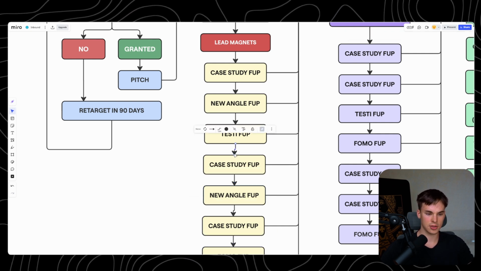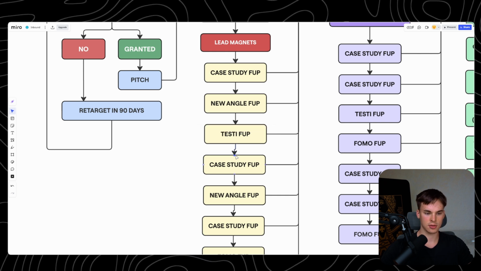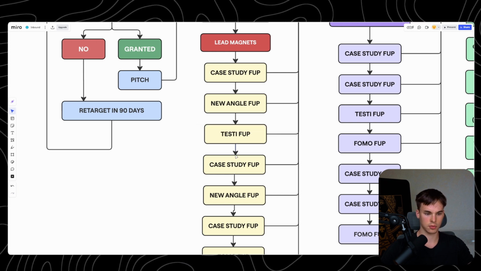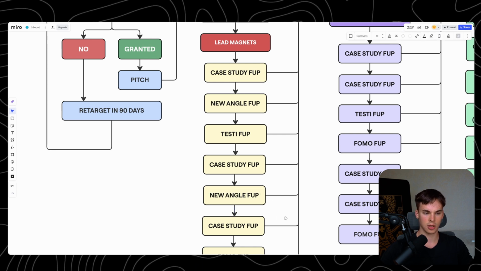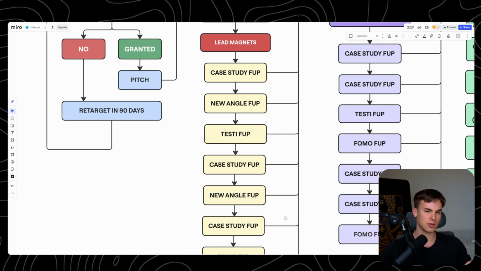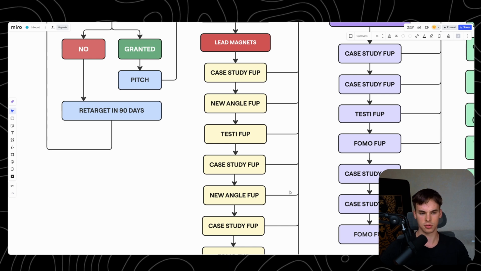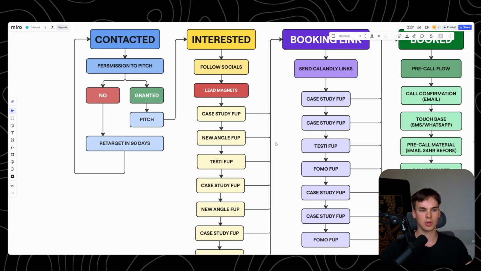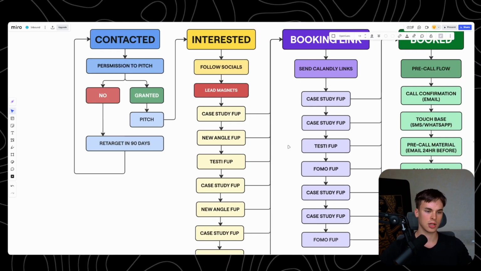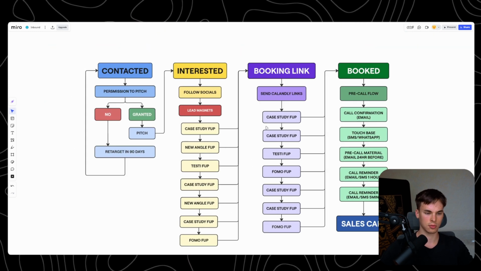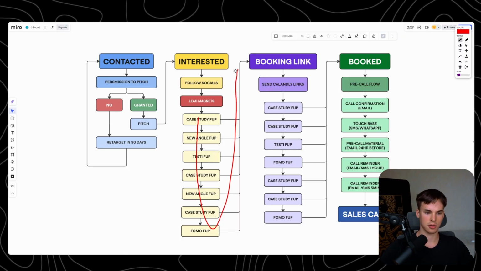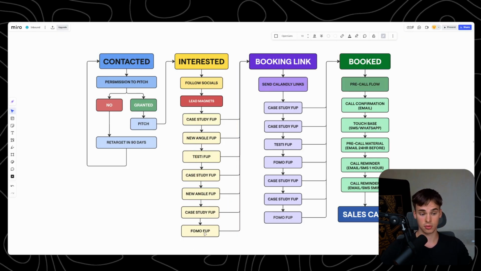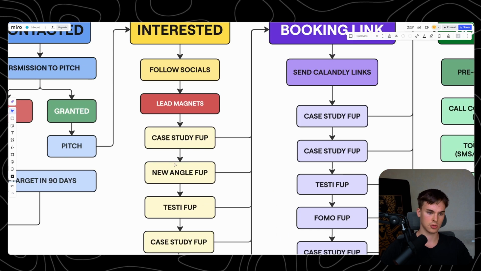A FOMO follow-up is just basically like, hey, you're going to miss out on this. Obviously, word it better, just do your copywriting. The whole point is, again, that's your last follow-up, something like, hey, do you want to take advantage of this, or just let your competitors use what we have going, something like this, or you can tweak it to the offer. That's the point, just make them FOMO into it. And the whole goal is to make them into a booked call, and all these follow-ups do is just that, right? And then if they say yes to any of these, like could be this one, could be that one,